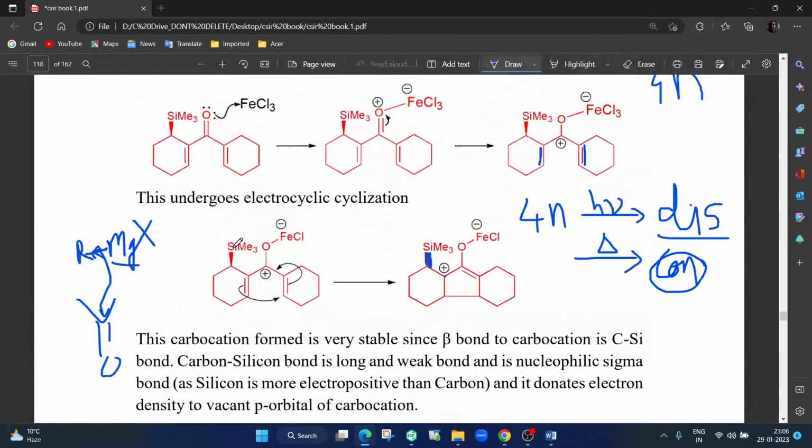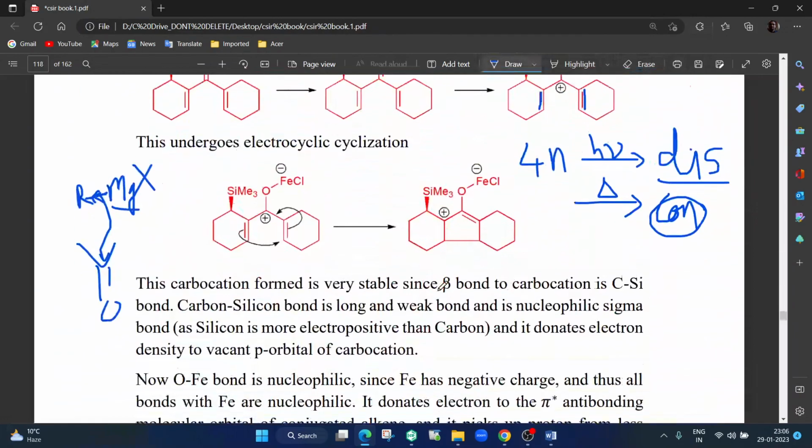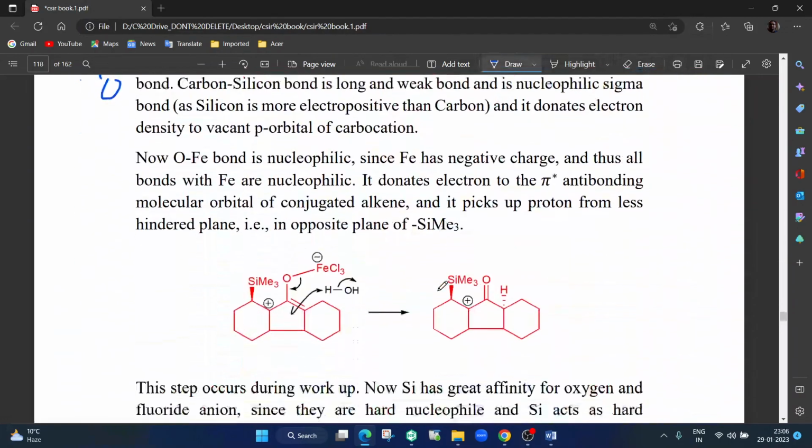See, carbon and silicon size is very different, and therefore silicon can donate electrons nucleophilically into the vacant p orbital quite well, and therefore this carbocation is stabilized. And then what happens is,